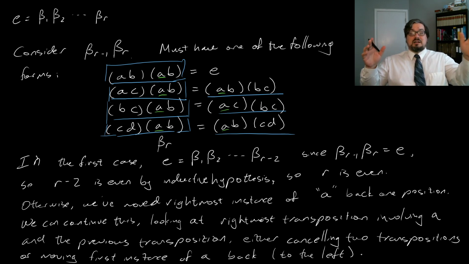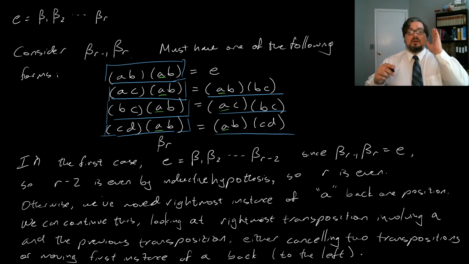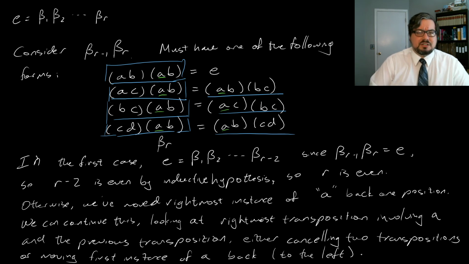We go through this process, then the first instance of A is one back from that, and then one back from that, one back from that, and we keep going until either we get a cancellation or, well, what's the alternative? So we continue until we cancel two transpositions,